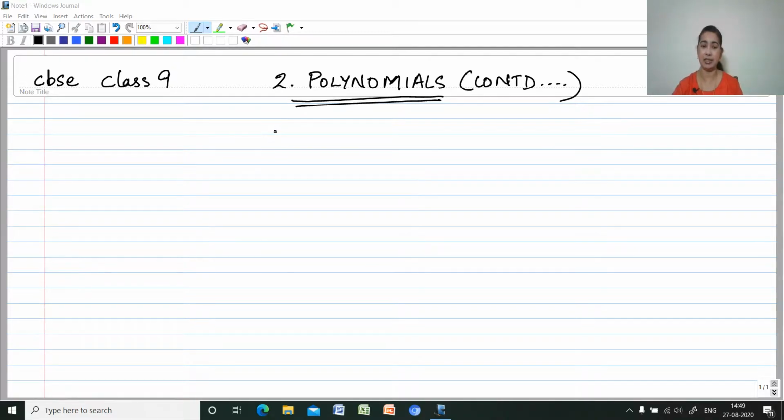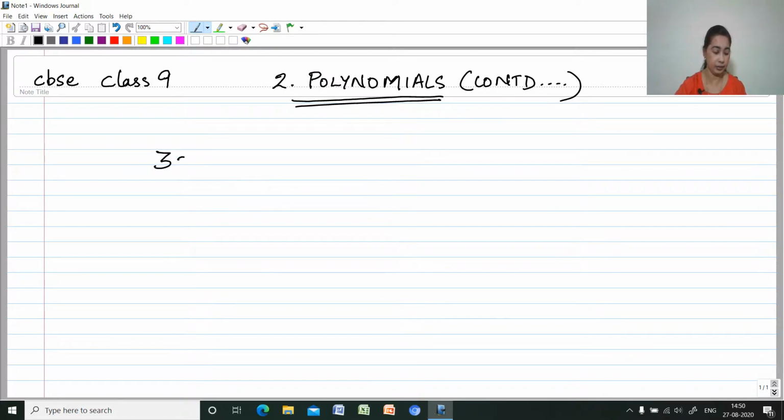Today I am discussing how to factorize a polynomial by another polynomial. So, how to divide a polynomial. We can divide a polynomial by using the long division method or by using the remainder theorem. First we will move on to the long division method, how to divide a polynomial. For that I will take one example.